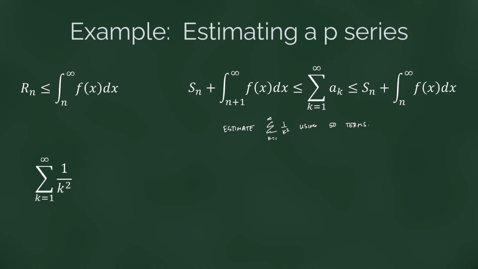Now, we know we can compute s sub 50, and that would give us a 50-term estimate, but our technique here allows us to get an even better estimate, because we know that s sub 50 plus the integral from n plus 1 to infinity of our function 1 over x squared dx is less than or equal to this sum that we're looking for,